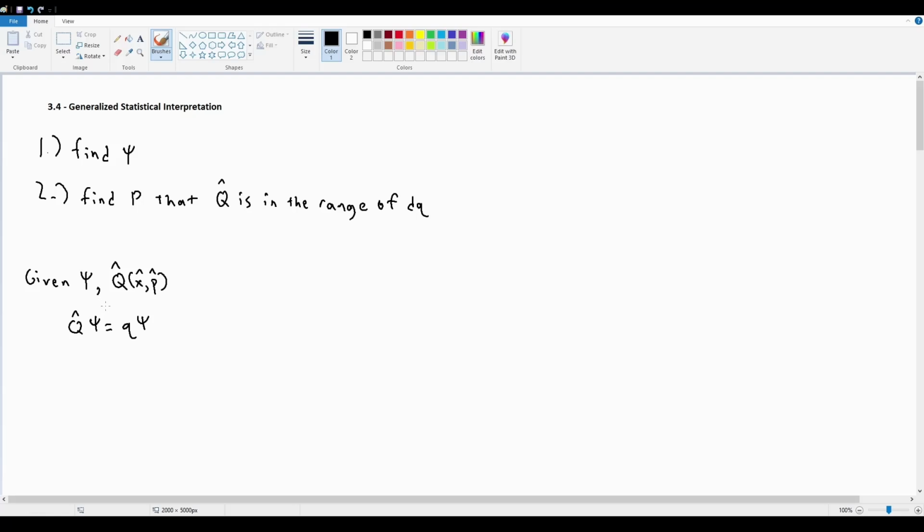This is kind of obvious because we literally just spent the past 3 sections going over this. But this leads to 2 situations. Situation 1 is that Q is discrete. What this means is that you're going to get specific eigenvalues. It's this value, it's this value, it's this value. So let's label those eigenvalues Qn. Each Qn has some associated eigenfunction, fn,